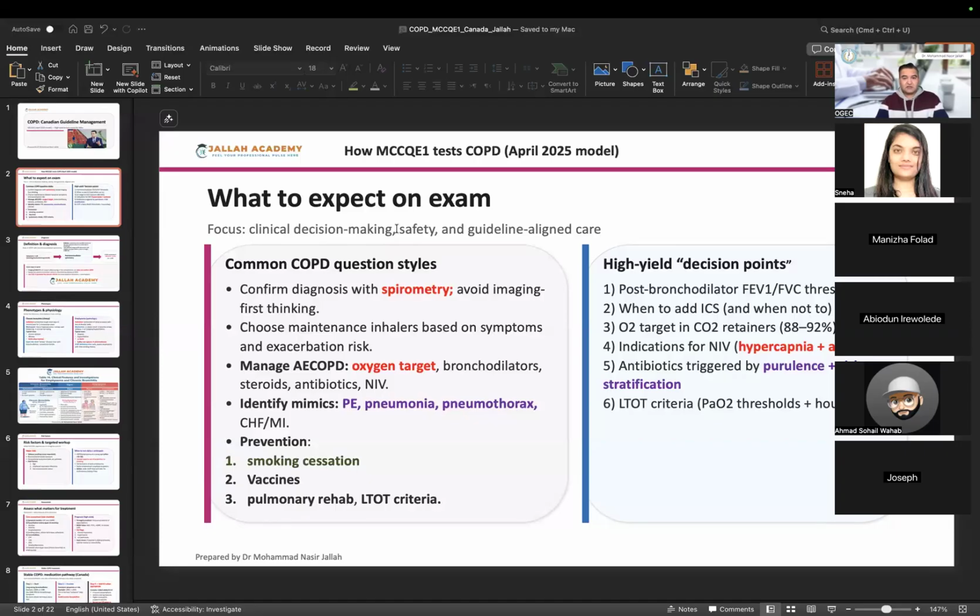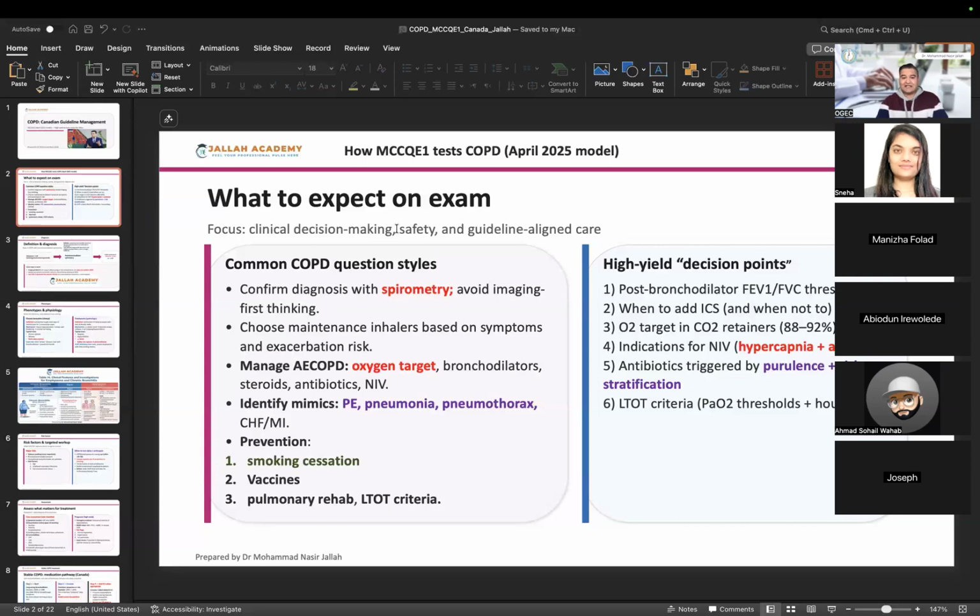Some IMGs, I'm not going to mention which, it's a common mistake. Usually, when they see the patient has cough or sputum and so on, they go after the imaging. So if you're highly suspicious of COPD, do the spirometry. Avoid imaging unless the COPD is complicated, okay? Or you want to rule out pneumonia, or you want to rule out something very vital like pulmonary emboli. Other than that, don't do the imaging. Just spirometry is the confirmatory.